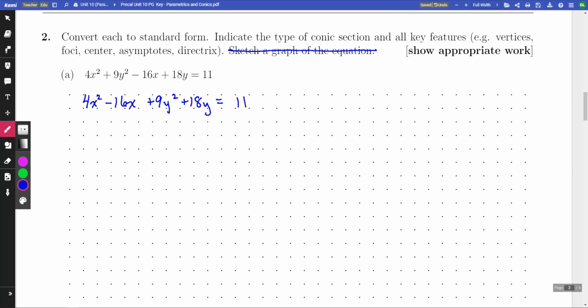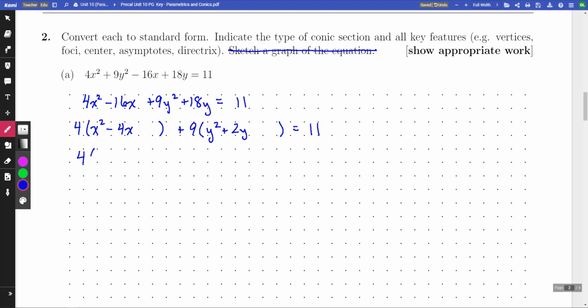Now I'm going to go ahead and factor for simplifying, to create what I will use to get a perfect square. So if I am factoring, I'm now at that step. Now, to create a perfect square,